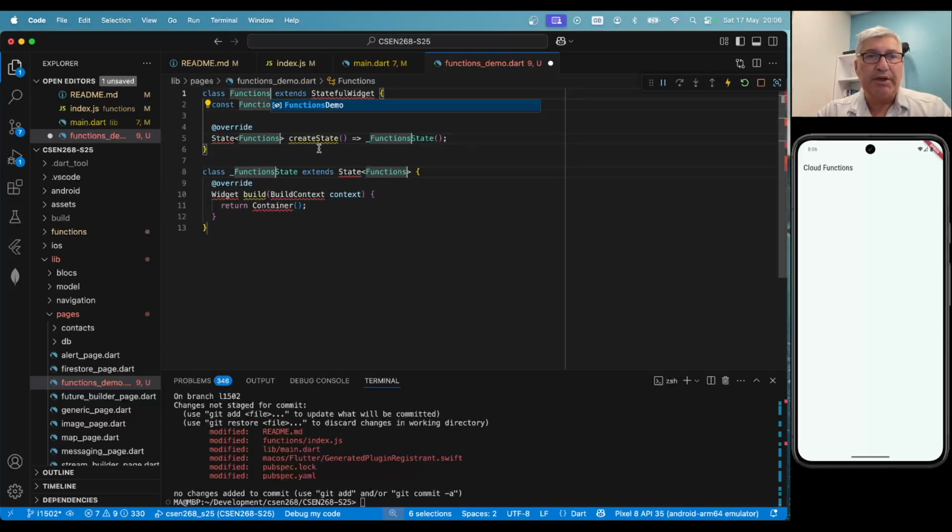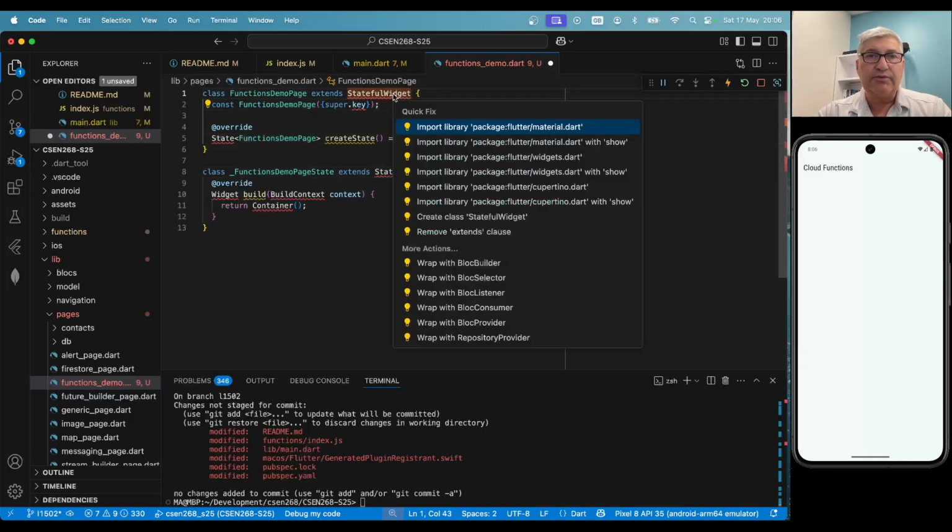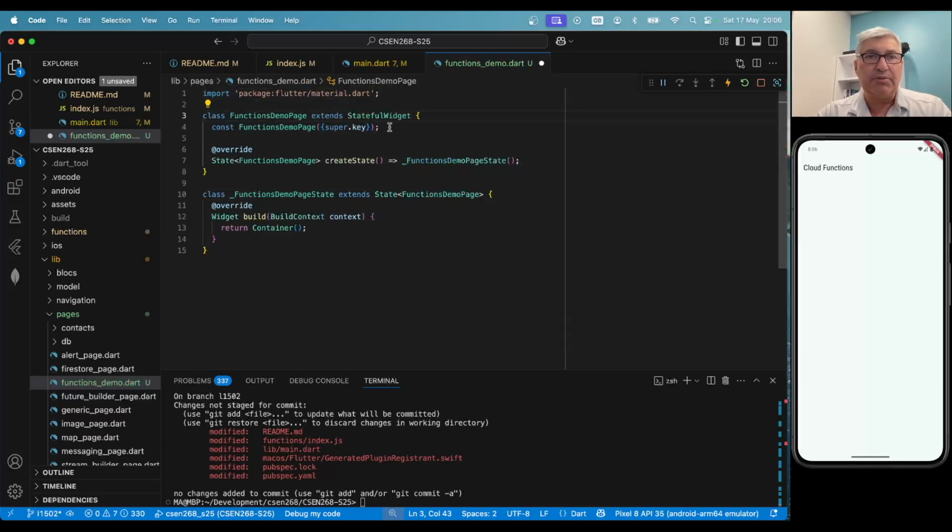Functions demo page, and stateful coming from the material library. This is good. One of the things that I want to do here is I don't think I need anything in the init state,